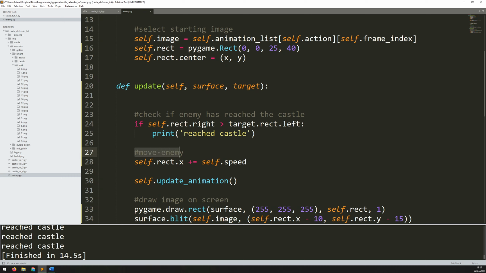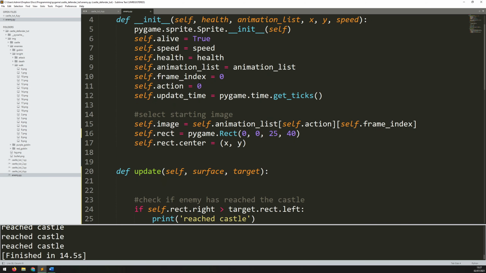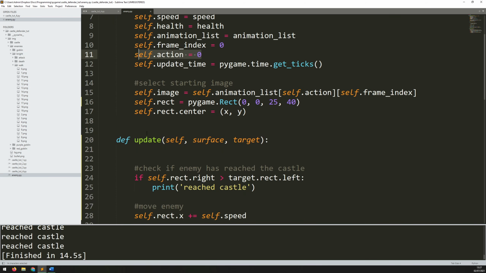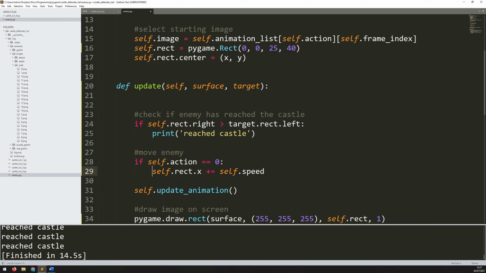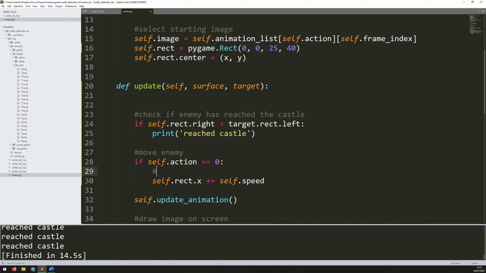So this move enemy, I only want that to happen as long as the action is 0. So as long as I'm telling the enemy to move, only then will they continue moving. So we can say if self.action equals 0, then we increase the, and in fact I'll add a little comment here, update rectangle position. So as long as self.action is equal to 0, then he's just going to keep moving to the right. But when he reaches that point, or if something else happens, self.action needs to change, and that's going to stop